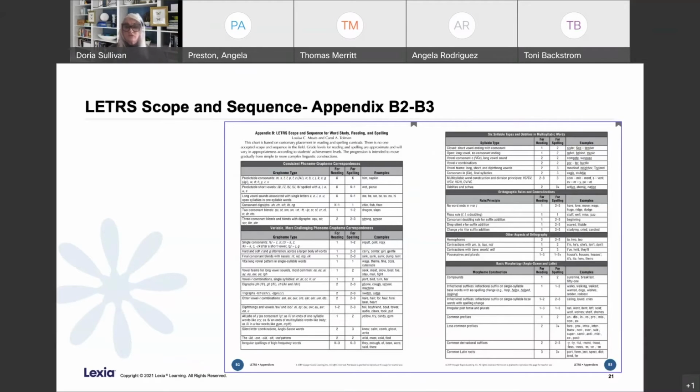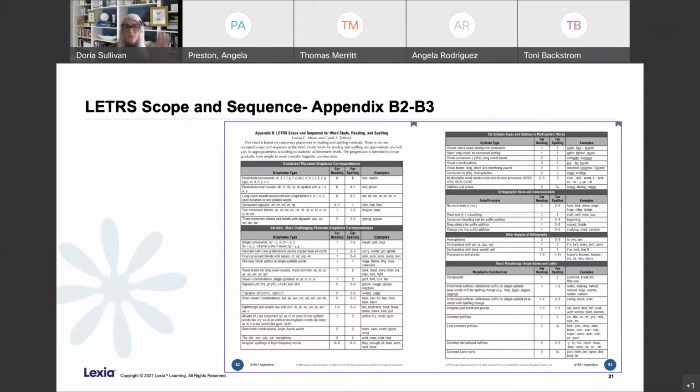For those of you who are going through the course right now, it's Appendix B2 and B3. So again, there's no one size fits all. Remember that. There is no one accepted scope and sequence in the field because students' achievement levels are going to vary as they progress